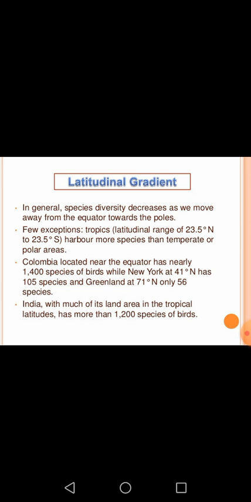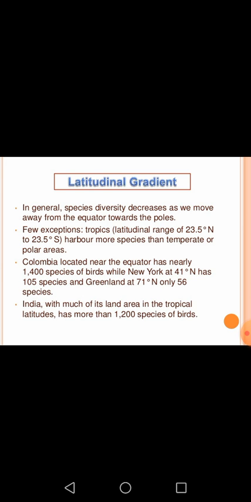Now, if you observe, the Earth is divided into latitudes. The region which lies between the latitude of 23.5 degree north and 23.5 degree south harbors more population density and more number of species, or more diversity, compared to the regions lying just above or below it. The temperate region lying beyond this region, and the polar regions beyond these, have less biodiversity, or fewer species, as compared to these regions.